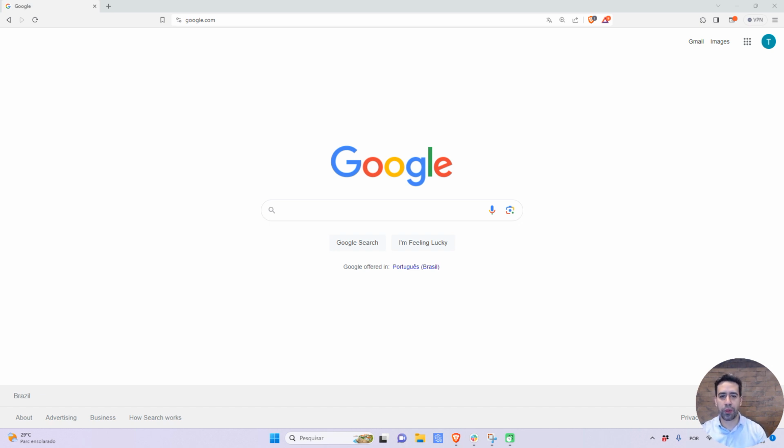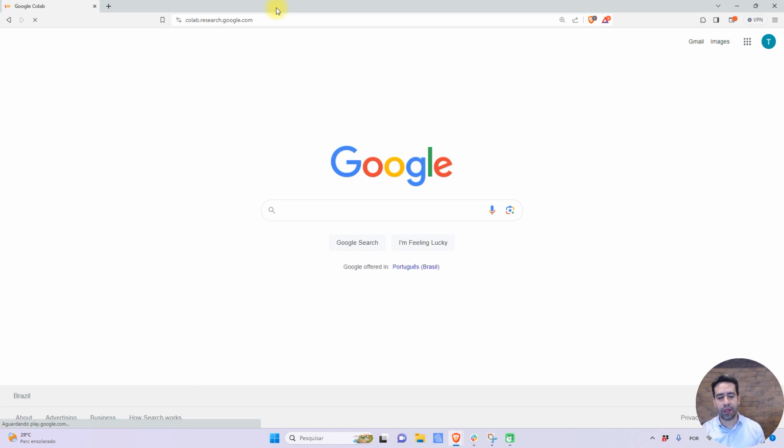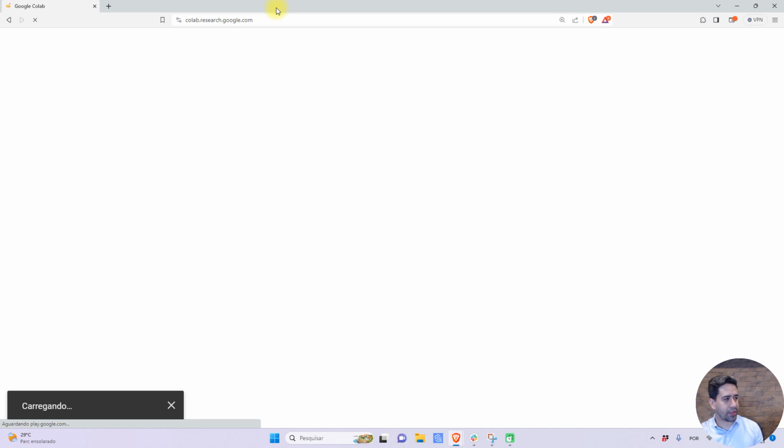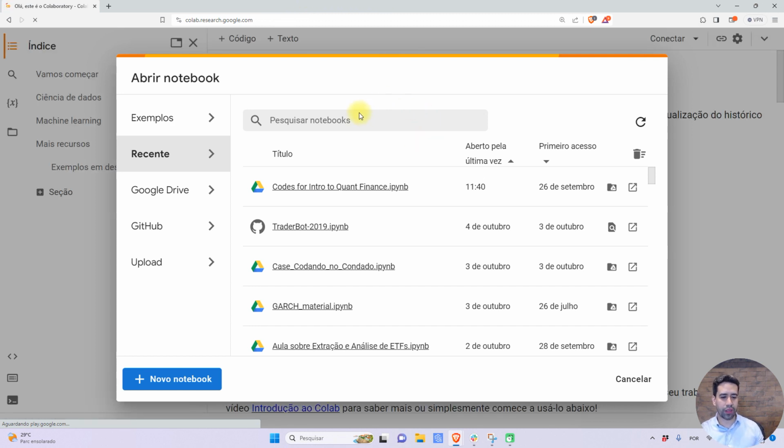So you just need to open up your browser, and then you can come here to the bar and type colab.research.google.com, and then it's going to open up this window of Google Colab, and it's going to prompt you to choose which notebook you want to open up. Since you are beginning right now, probably you don't have a notebook created yet, right? So you need to choose the option of new notebook, which here is in Portuguese for me, but probably will